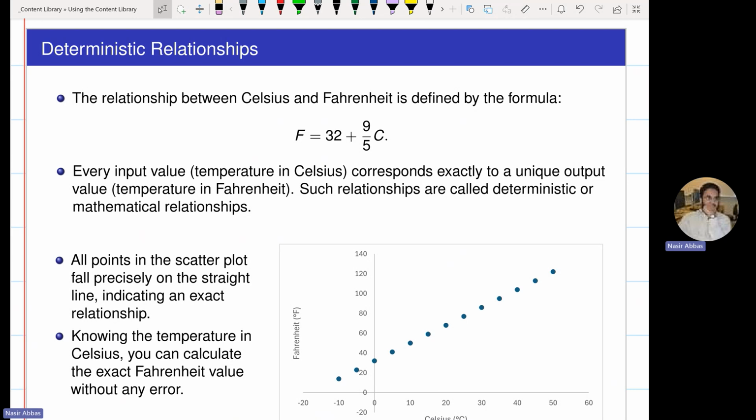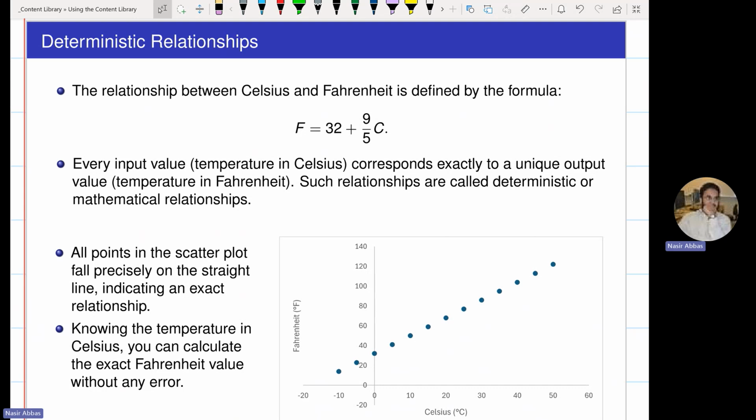So I will start introducing regression using a definition which is called a mathematical relationship, or what we call a deterministic relationship. Are you all aware of the relationship between Fahrenheit and Celsius? You know that if you know the temperature in Celsius, you can find the temperature in Fahrenheit, correct? So suppose you have two variables. One of them is the temperature of a place in Fahrenheit, and the other variable is the temperature of the